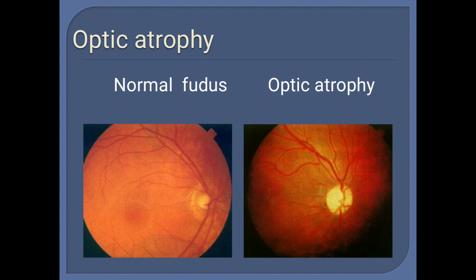So this is the normal fundus which is seen on the left side, where you can please notice the optic neuroretinal rim, meaning the area of the optic disc around the cup. It is pink in color. It is vascular, whereas in optic atrophy this neuroretinal rim is very much white in color. It is a chalky white appearance, and the disc margins are excessively clear in optic atrophy. So this is how optic atrophy looks.